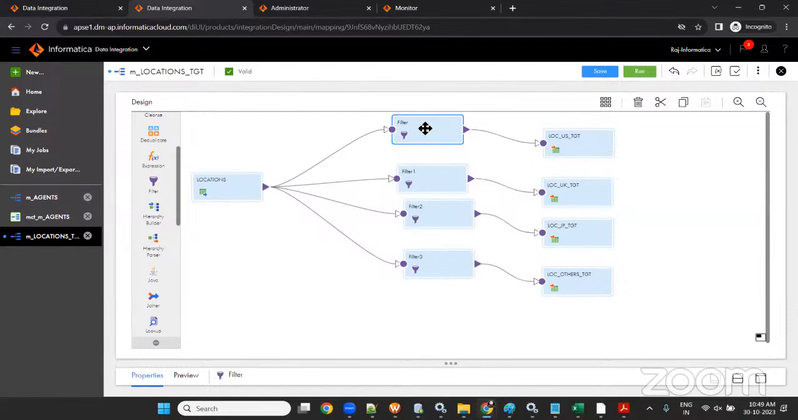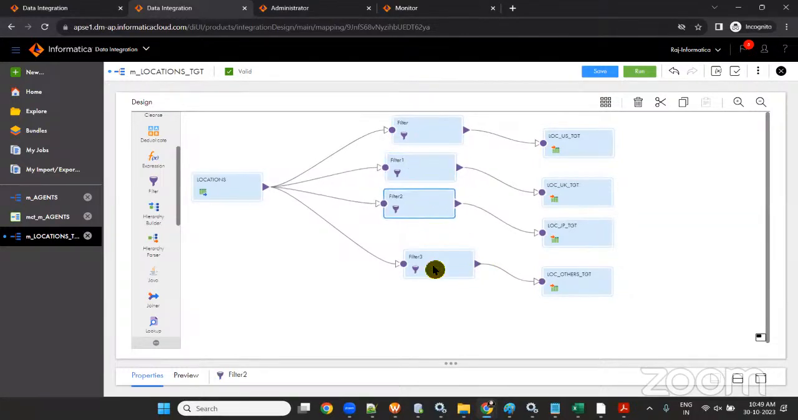This filter will read 100 records, this filter will read 100 records, and this filter will read 100 records. Each filter will read the incoming records each time the filter is called. That is why mapping performance will decrease. So to avoid that,